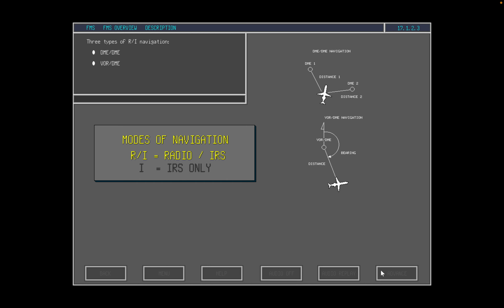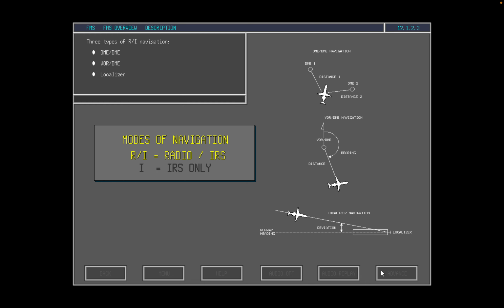Where NavAid density is insufficient for DME-DME navigation, the FMS selects rho-theta position determination using bearing and distance information from a co-located VOR/DME. And as we have already seen, the FMS uses localizer information during ILS approaches to make position updates. In this instance, the FMS does not provide automatic tuning for the ILS, though it will auto-tune an ILS DME